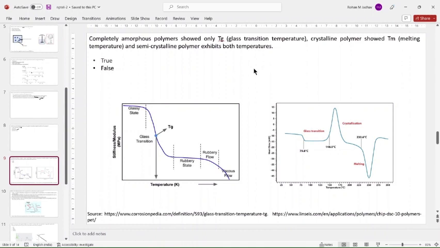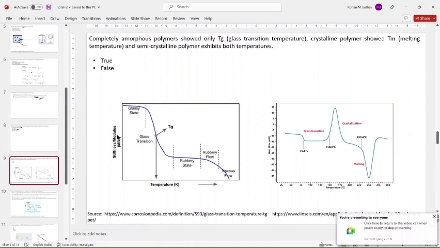So for amorphous polymers, you can see here there is a temperature versus modulus graph. You can see this chart, with stiffness or modulus given in megapascals